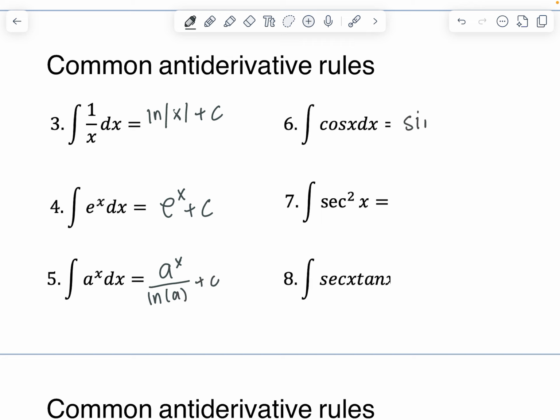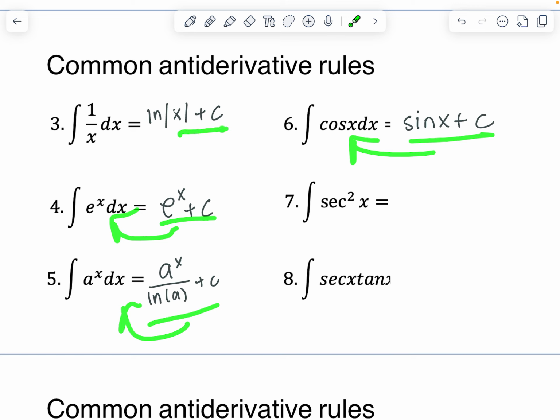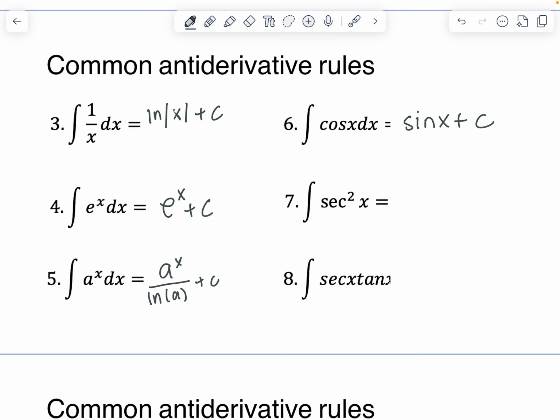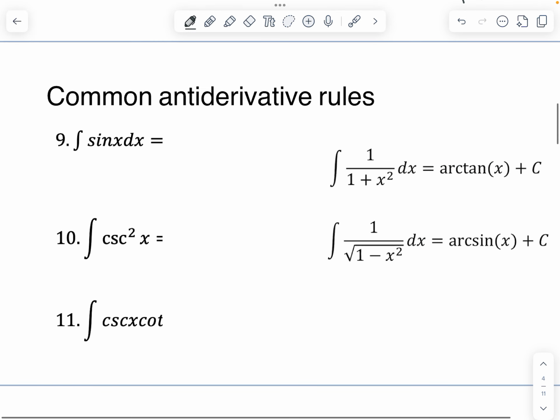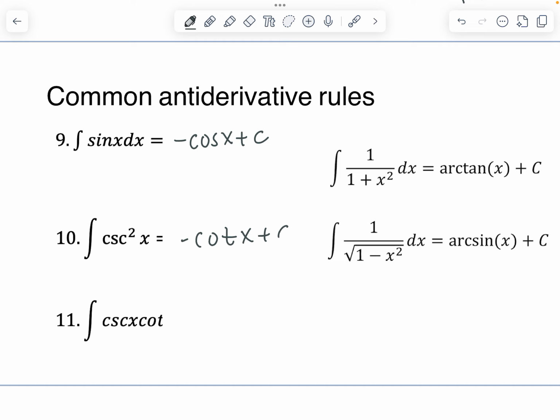Cosine is sine of x plus c. And again, that's just because the derivative of this is this. Like, right, the derivative of this is this. Both ways. Secant squared is tangent x plus c. Secant x tangent x is secant x plus c. So you're just filling these in, and then we'll have to kind of reference them. Sine of x is negative cosine of x plus c. Cosecant squared x is negative cotangent of x plus c. And then cosecant cotangent x is negative